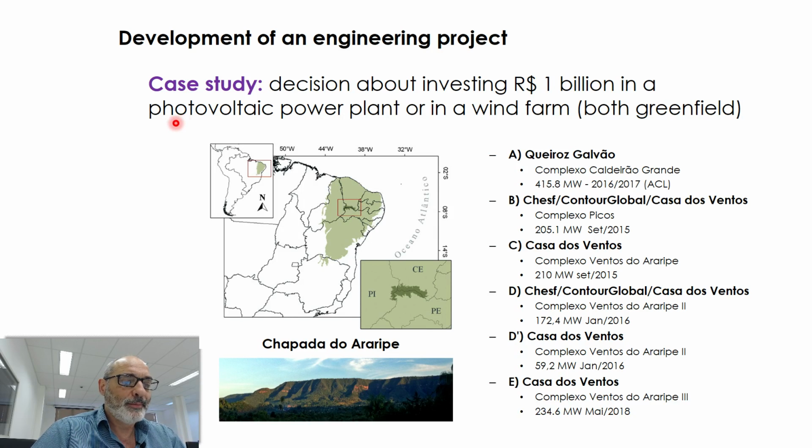Also, the same for photovoltaic. So, as I said, we're going to use the characteristics of existing projects here in Brazil in what concerns the wind generation. I think I showed you a picture last week of the wind potential in the world. And the most interesting region in Brazil is Chapada do Araripe. I believe I explained what's special about this region. Of course, you have a lot of wind, high intensity and regular winds, a low turbulence level,